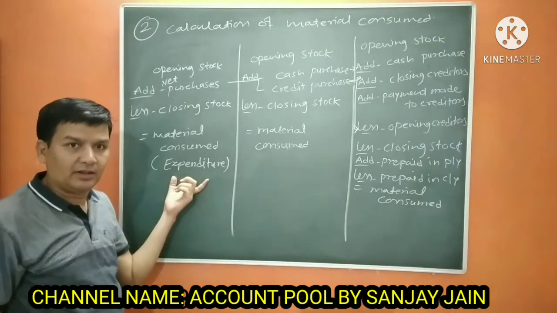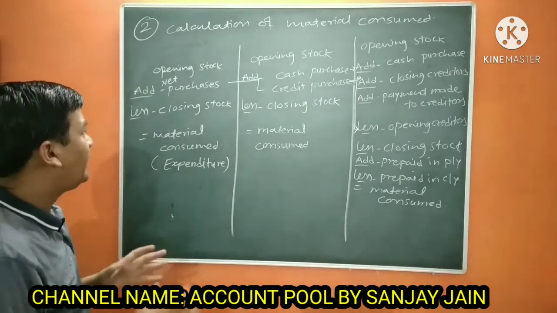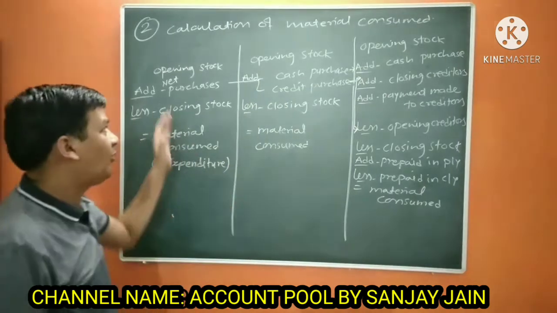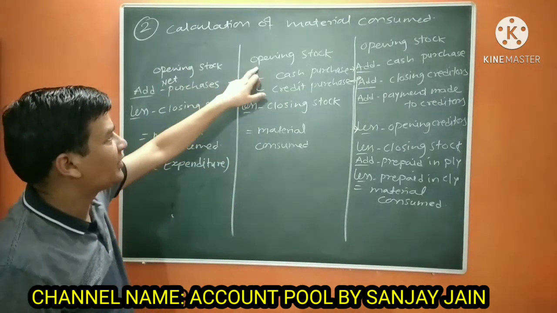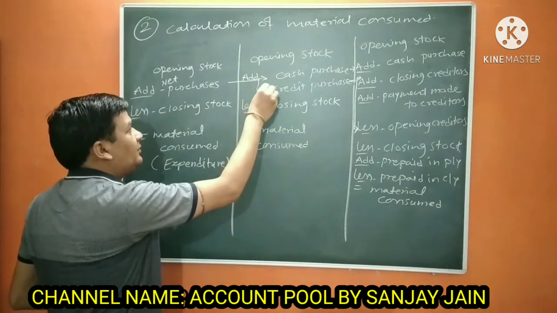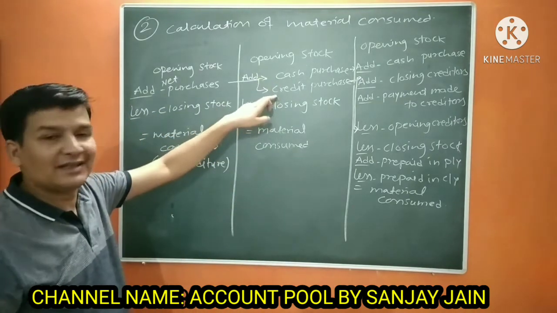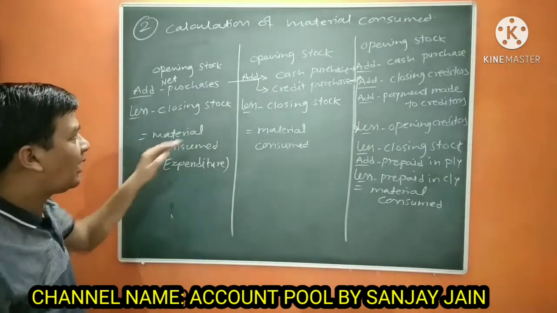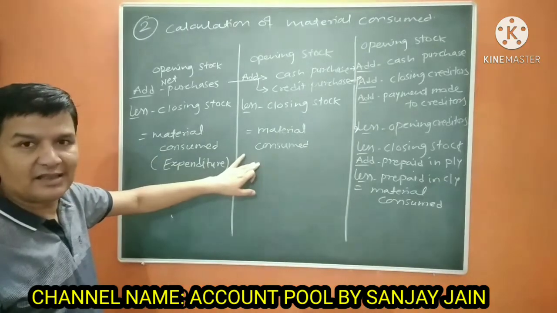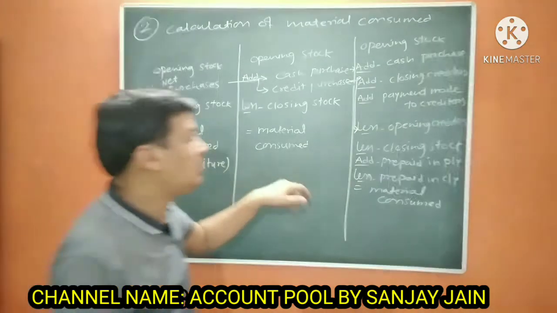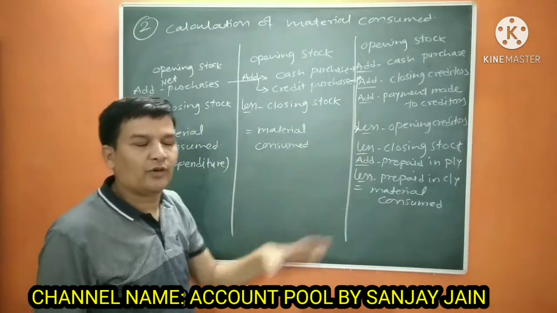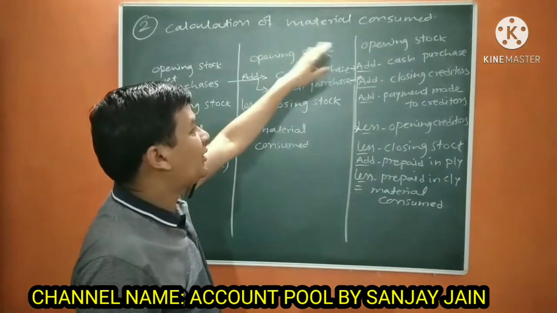You should keep in mind these things. Now, when you say purchases, there are two types of purchases. Now, we have bifurcated the same thing. If you see, opening stock is here also. Now, purchases are bifurcated into two portions: cash purchases as well as credit purchases. After that, we have taken the closing stock and the result is the same, material consumed. Then I have bifurcated the credit purchase to get the actual formula for material consumed.